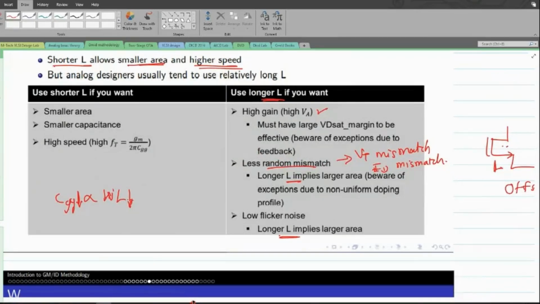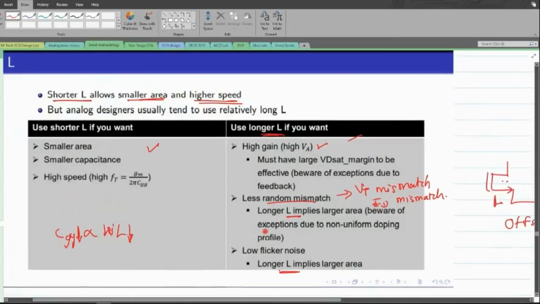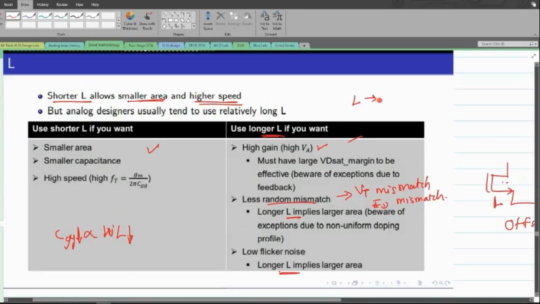So clearly I can use this as my choice, whether I just want a high-speed circuit, or I need a very large gain, depending on which I can choose a particular value of channel length. This means that I can use the channel length directly as a kind of variable. There is nothing that depends on it or is forced on it. The choice completely depends on the designer. Depending on his spec, he can choose either a shorter channel length or a longer channel length. Clear?